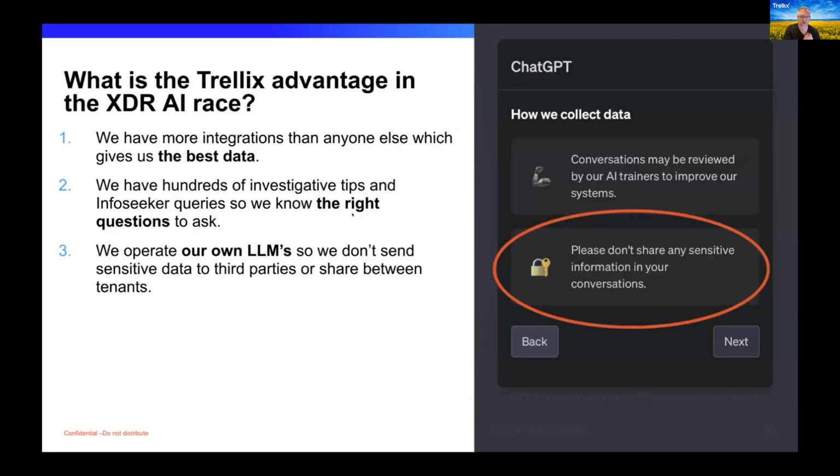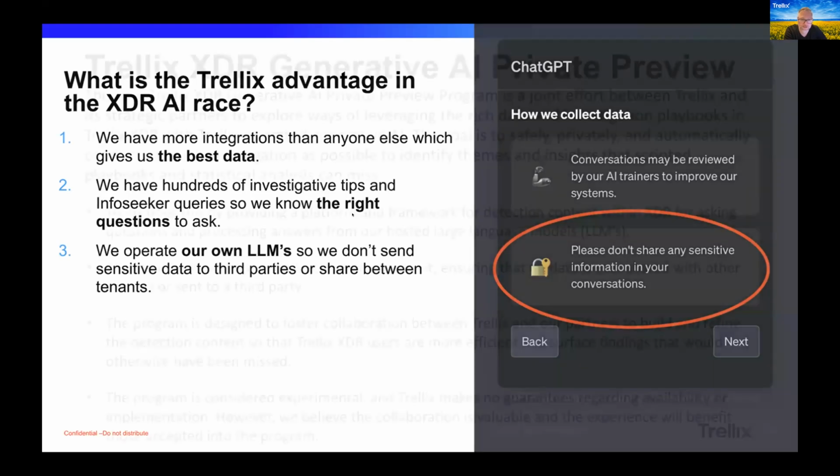And so that's our big advantage here as you're trying to, as a defender, use AI to your advantage. We have a ton of data that comes in the first place. We have the investigations that go with them. And that means that we're able to send the right data to the local LLM sitting right next to your data to make a better determination.